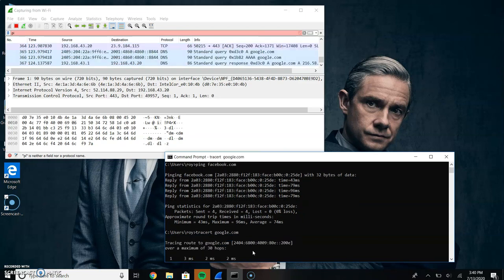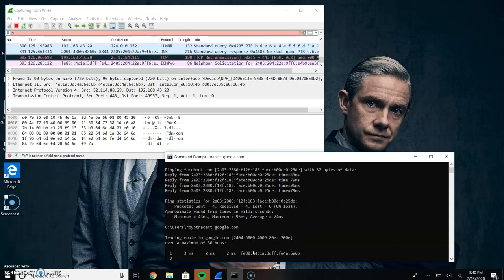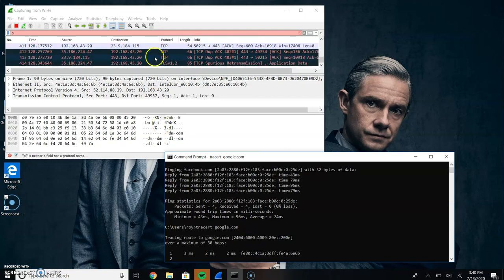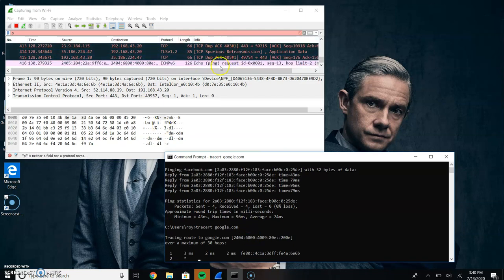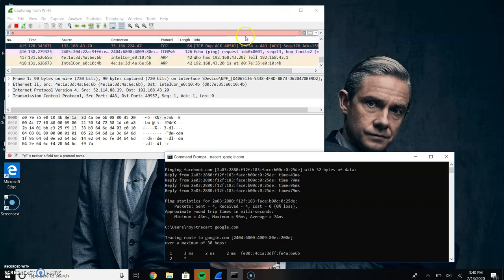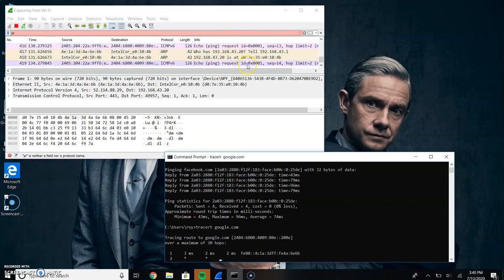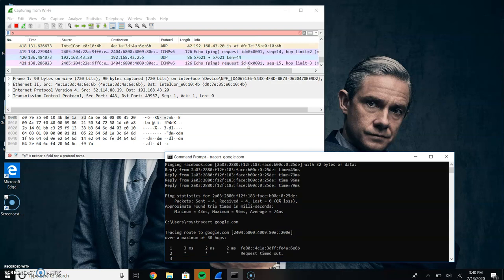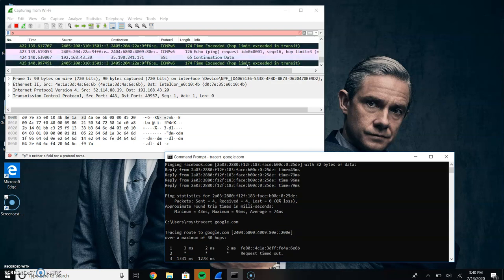On entering it, I am getting all the hop information, and similarly these black rows are giving me data of those hops or routers that are being used by my packet to reach the google.com server.